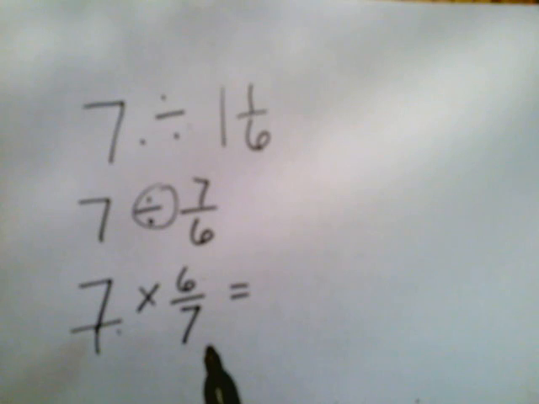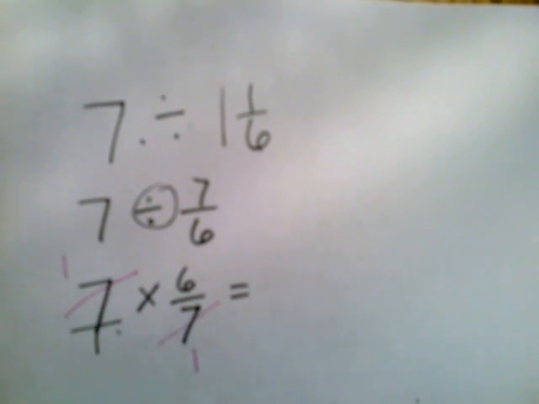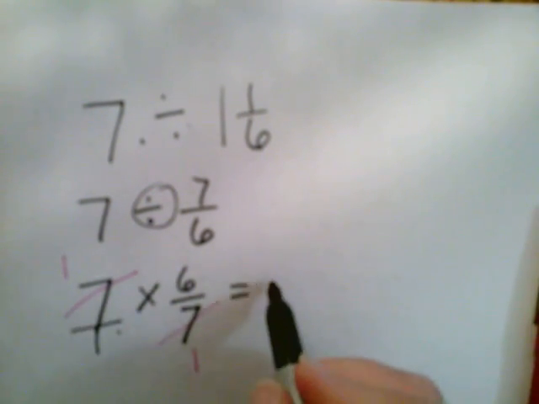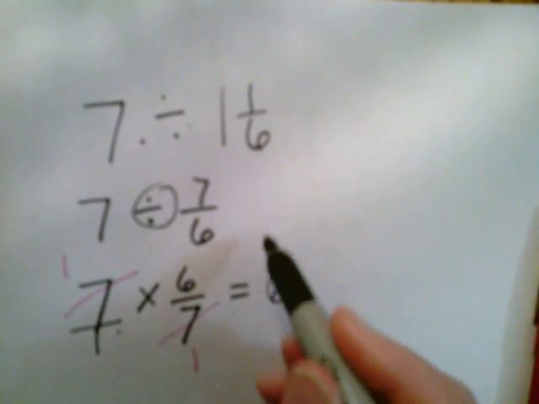7 over 1. And notice, 1 on top and 1 on the bottom. So I can cross these off. Okay, and I have 1 times 6 is 6. 1 times 1 is 1. I don't need to write that down. My answer is just